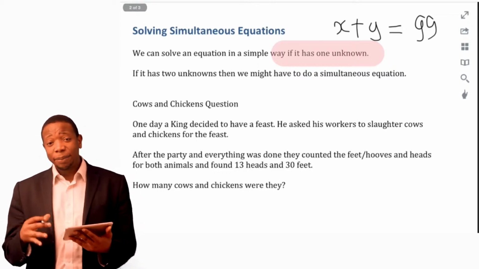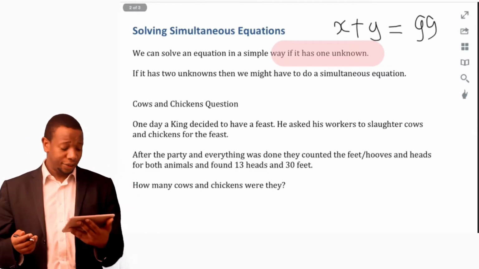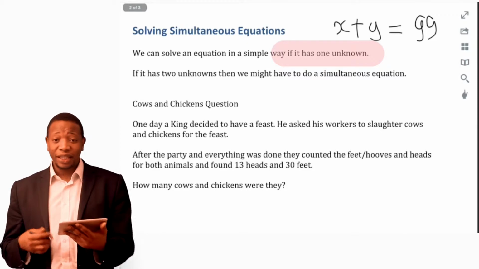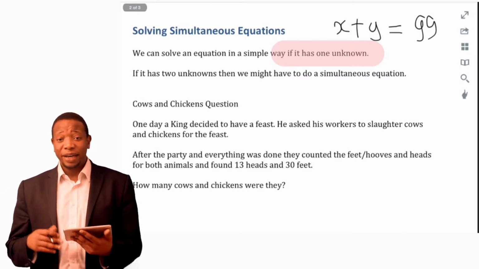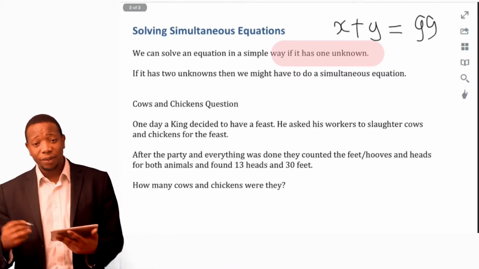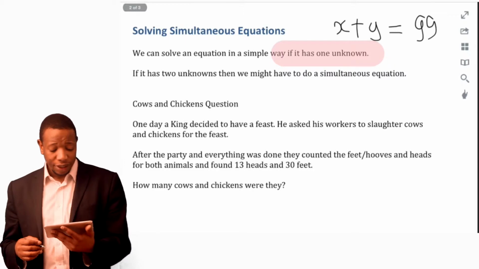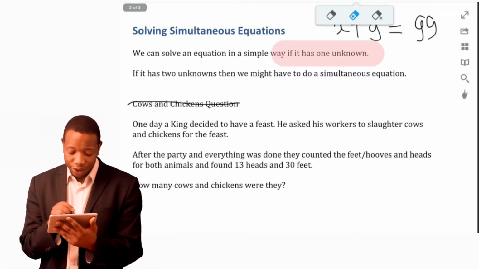Now, I've got an example here that a friend of mine sent me. They actually sent it as a test question that had nothing to do with maths. But I liked it so much, I thought, you know what, I'll do that as an example in my videos. Now, we have here the cows and chickens question